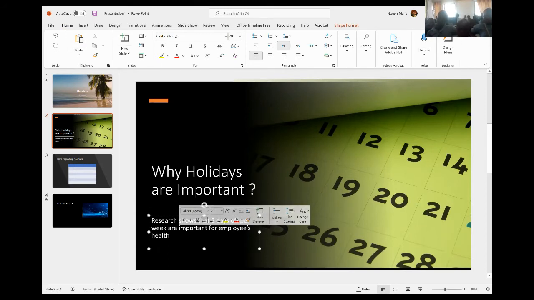So I can either press Control A on my keyboard. Control A means you are selecting everything.